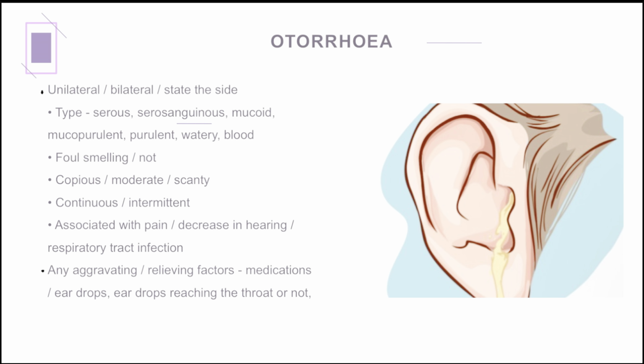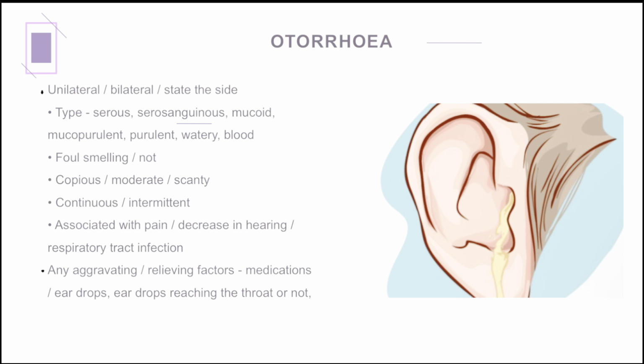Mucoid discharge is always from the middle ear, as the middle ear lining consists of goblet cells which secrete mucin, and purulent non-mucoid discharge is a characteristic of chronic otitis media without cholesteatoma. And there is watery discharge, clear like water, mostly seen in CSF otorrhea, and the confirmatory test for CSF should be done. We can ask the amount of discharge by asking about the earbud test to the patient,